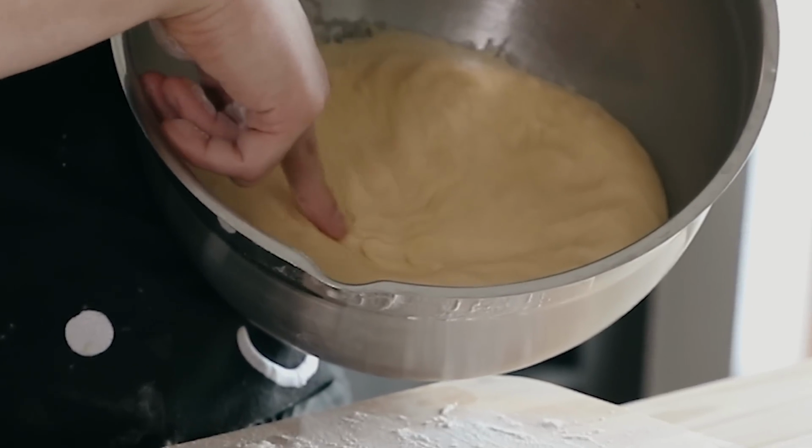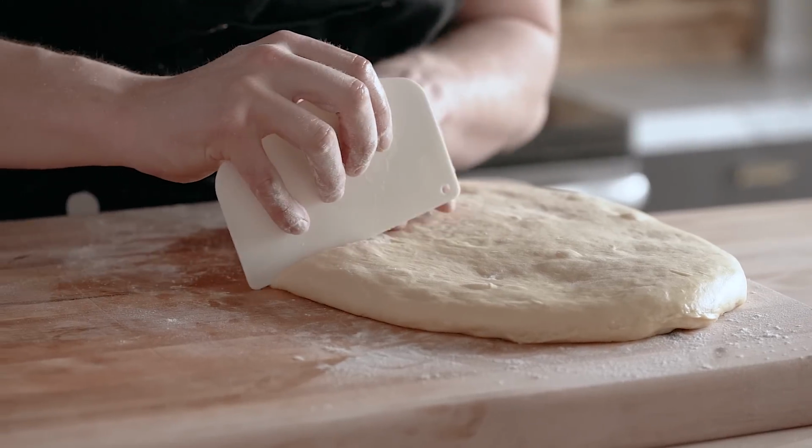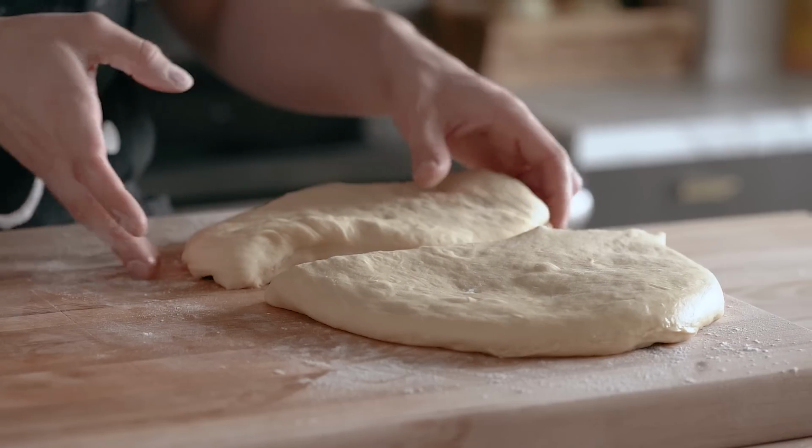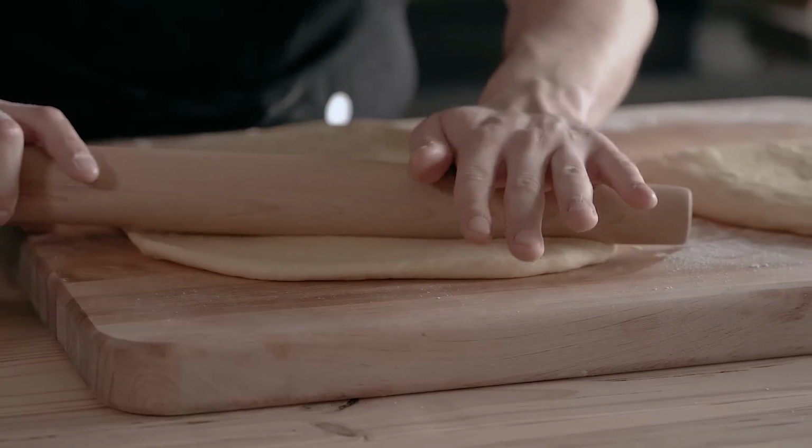Give it some love, but degas that bit. Generously flour a work surface, dump out your dough, and divide it into 2 equal pieces. Do your best to make it equal, all right? It's not rocket science. Take one of those halves and roll it out until it's about 1/2 inch thick, then using